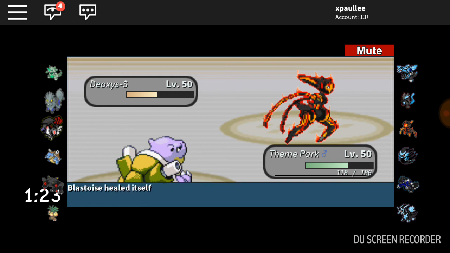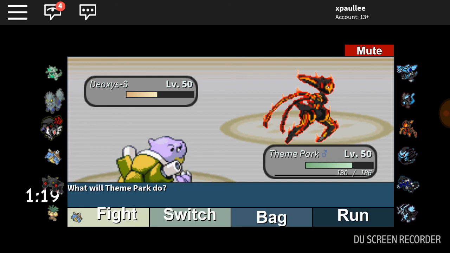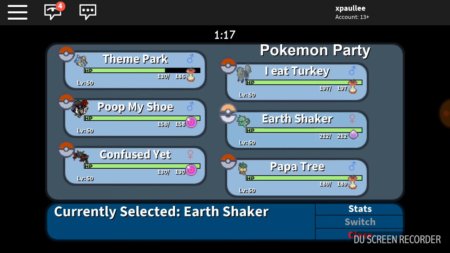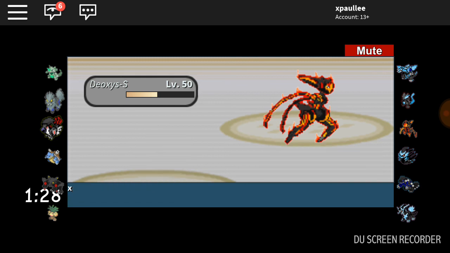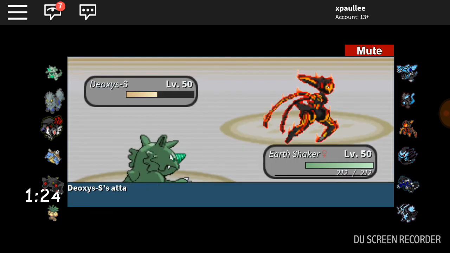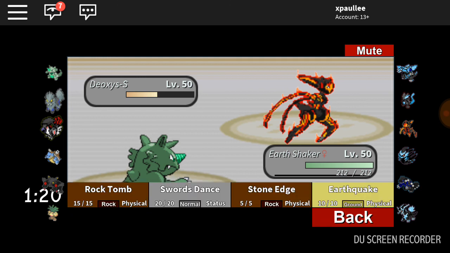Why didn't he use Thunder earlier? That makes no sense at all. Whatever, back to Rhydon real quick. I think that I might want to Swords Dance or something. If he misses anyway, I could have gone for Scout. But maybe I should Rock Tomb, because